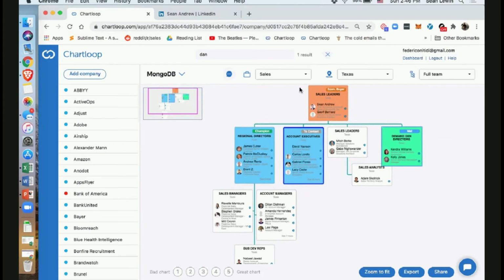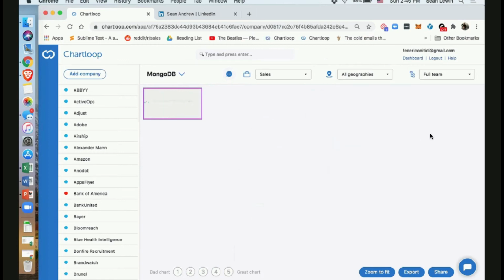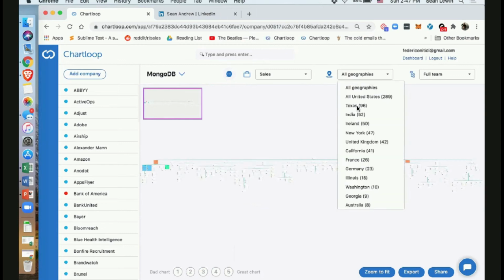Now, what if I want to actually create a deal board? I'm working on an account and I want to create a real action plan. Right now I'm within a pretty large sales department, over 500 people. We're just focusing on Texas. If I zoom out to all geographies, we can see there's a whole bunch of people. But let's say I want to take these people and create their own deal board. If I zoom back in for a moment, back to Texas,